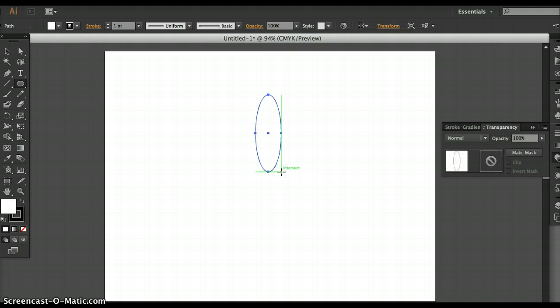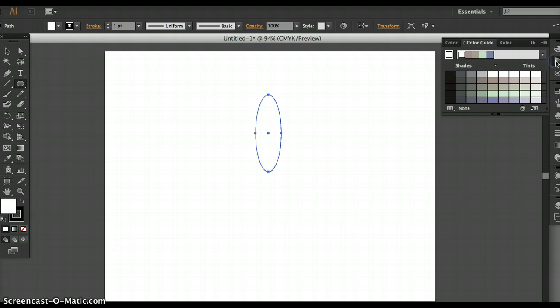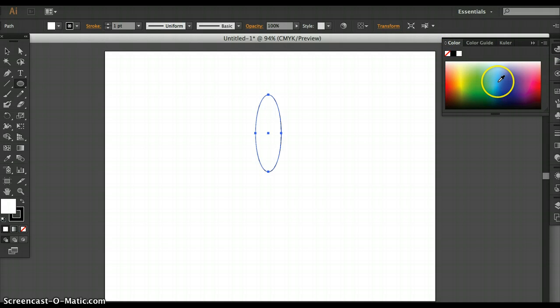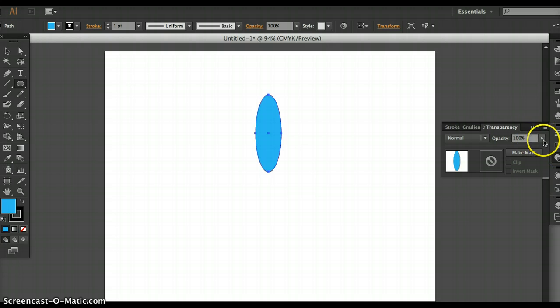At this point, you have the option to come over to your colors and use any color you want to fill your shape. You also have the option to come over to transparency and change the opacity of your shape. I'm going to change mine to 46. And then once you have your shape colored, if you want it to be colored, and your opacity changed under transparency,